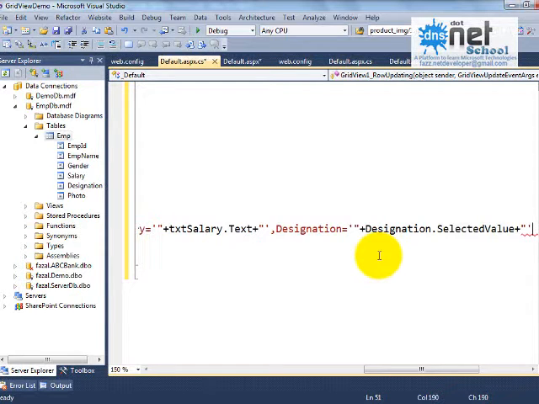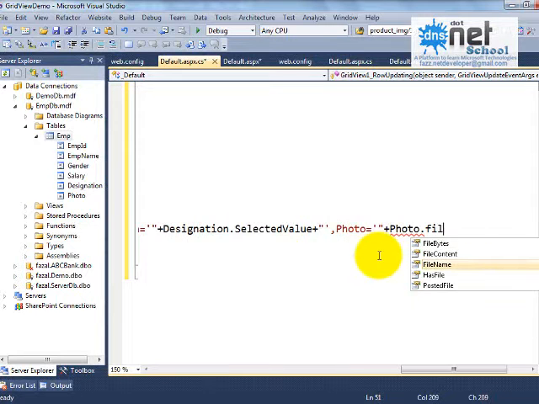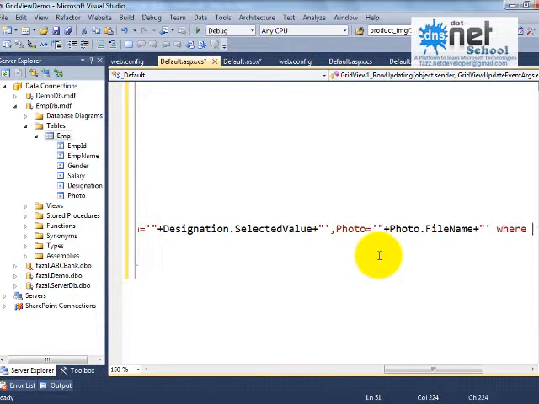Lastly, comma, photo is equals to single double plus photo.FileName plus double single, where emp id is equals to emp id, the variable.